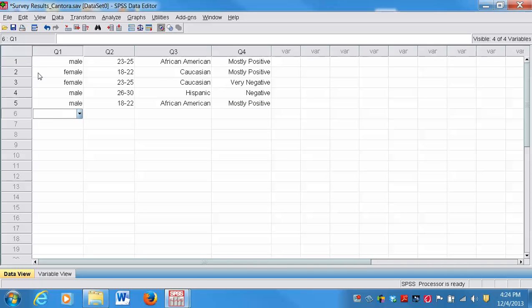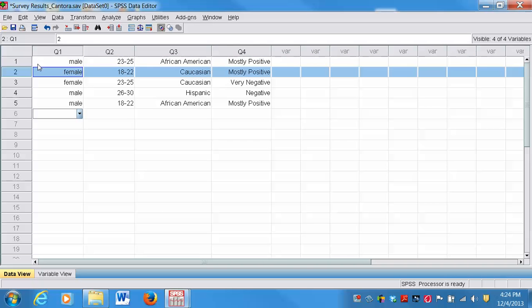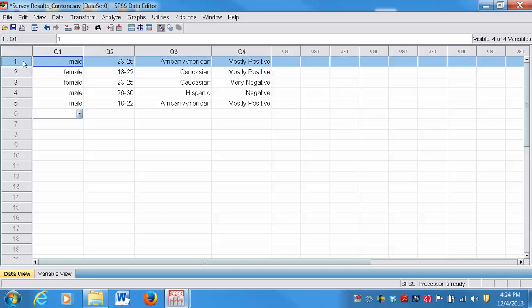One thing to consider when you are entering your data is you may want to have one of your classmates read off the responses for each participant as you enter the data. Because sometimes it could be a little time consuming if you're looking at the paper survey and trying to enter it at the same time. So it's a good idea to do this in teams and have another person read off the responses as you